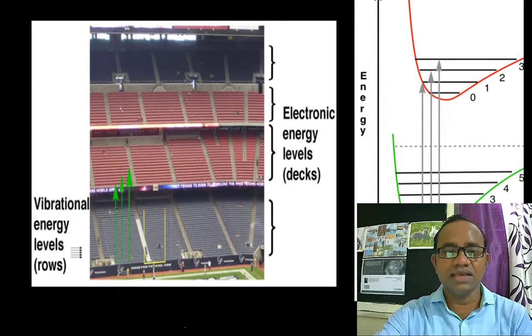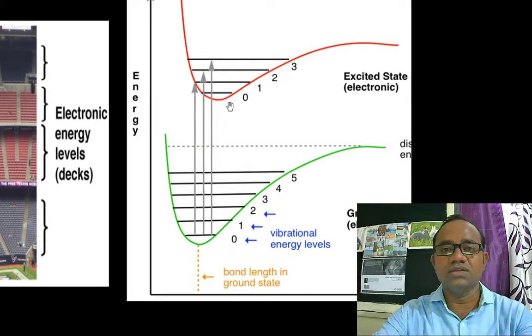Considering the analogy of energy levels with a stadium, it has different stories, that is, floors. The ground floor is the vibrational energy. That means the electrons start from the ground floor and reach the higher energy levels, the different floors. As we go higher in the stadium, the last is the most excited state, that is the electronic energy state. In the ground state or the lower part of the stadium, there is the vibrational energy or the rotational energy. So these three types of energy levels are generally utilized in IR spectroscopy analysis.